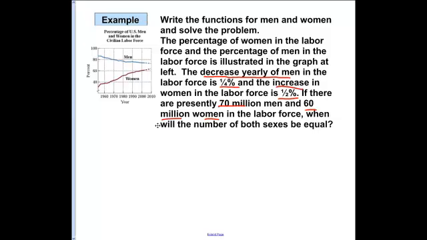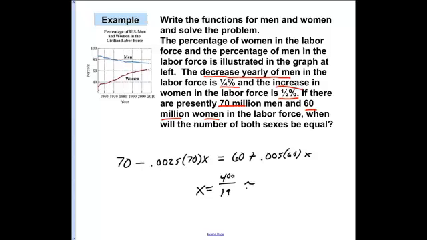be equal? So we know that with the men, we have 70 million minus, and they're going to decrease by 0.25%, so we need to convert this to 0.0025, times X, is equal to the women, and the women are going to increase by 0.5%, so we're going to make that 0.005 times 60 X, and we solve in terms of X, and we're going to end up with approximately 400 over 19, or